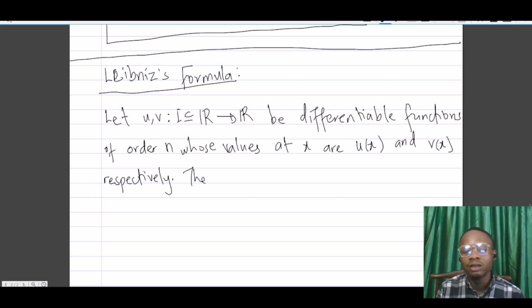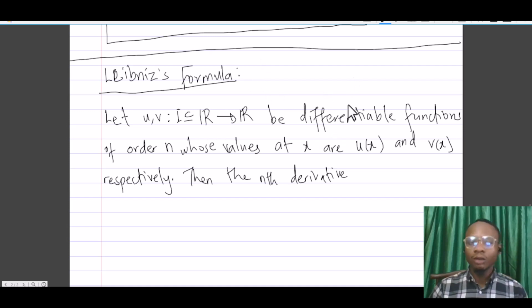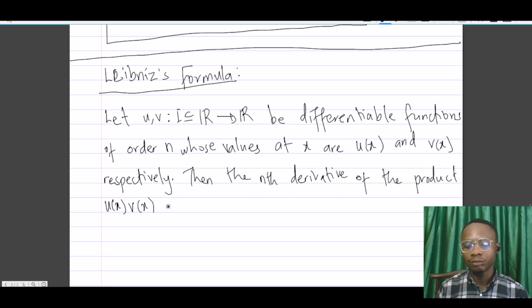Then we say that if we are given these two functions which are differentiable up to order n, then the nth derivative of the product u of x, v of x is given by the formula